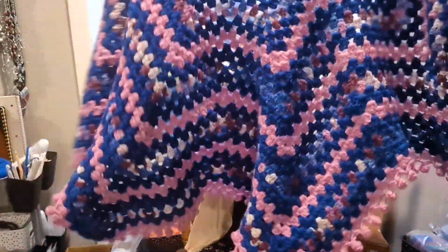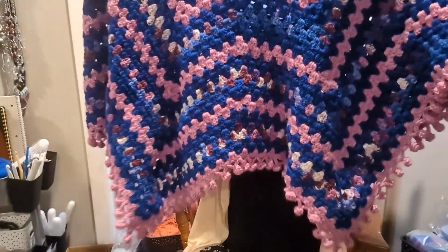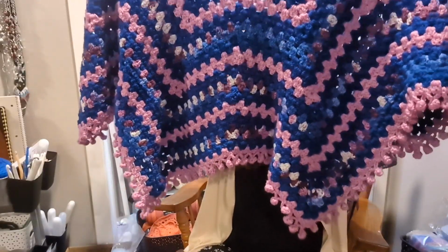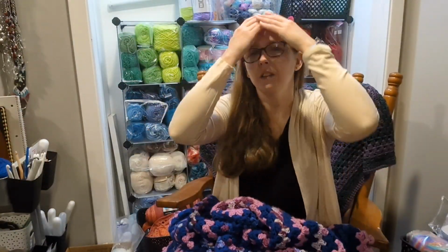It's a big blanket. It keeps going. It's got a little bit of weight to it as well. I'm trying to look through the holes and see if I can make sure I'm showing you. It is so cool. I love it. So, as I was saying,